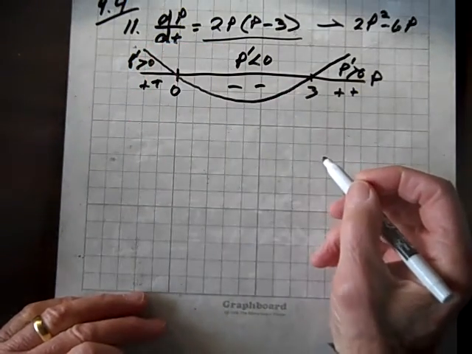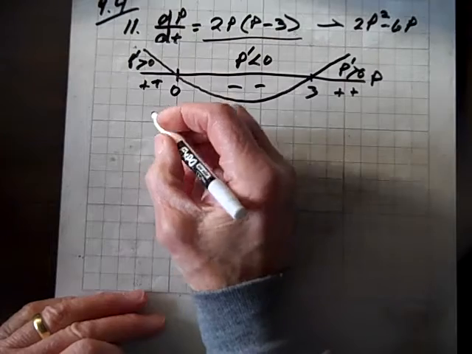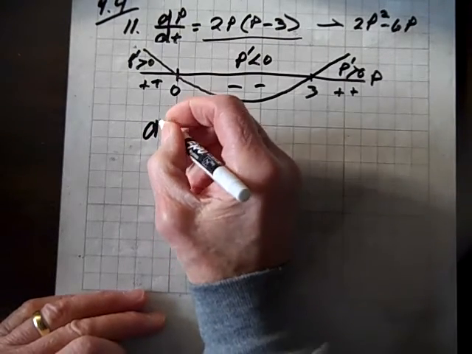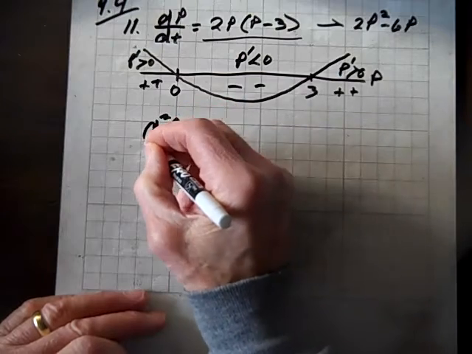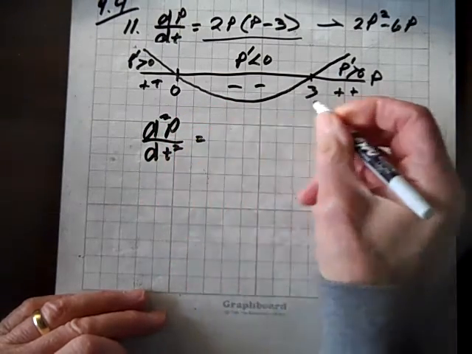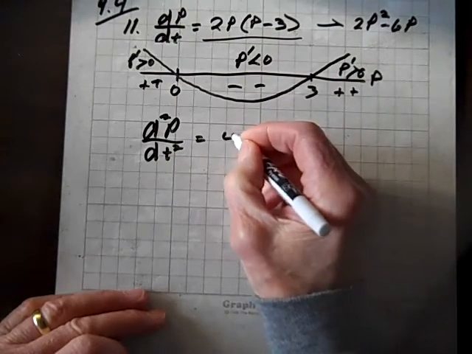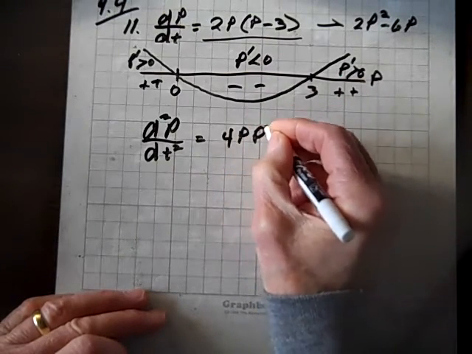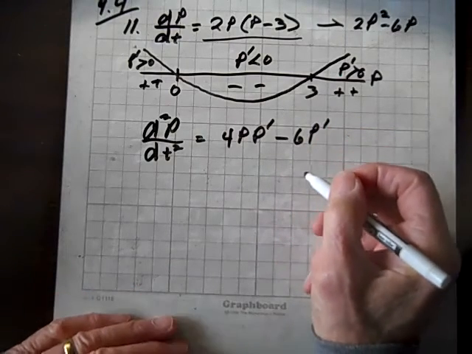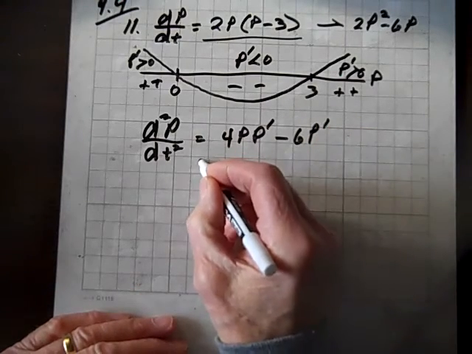Now, let's take the second derivative and see what we get. So, the second derivative with respect to t equals 4p p prime minus 6p prime, which equals,